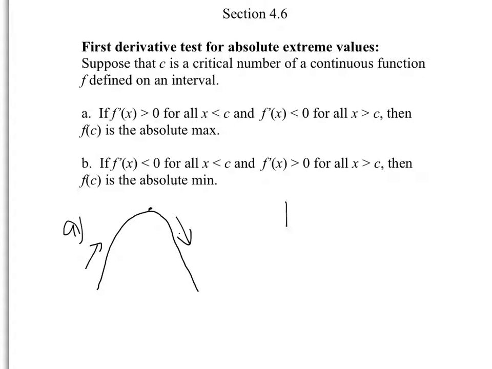And then likewise for B, if we have a minimum, it's decreasing to begin with, then increasing, so the derivative is negative, and it changes to positive. So now we're going to take a look at how this helps us and what this does for us